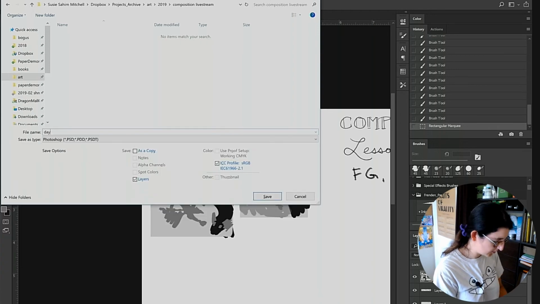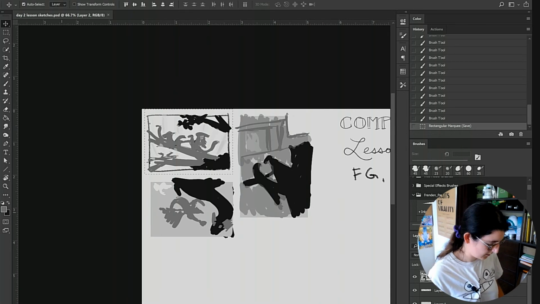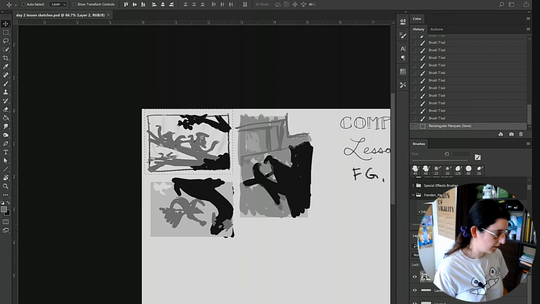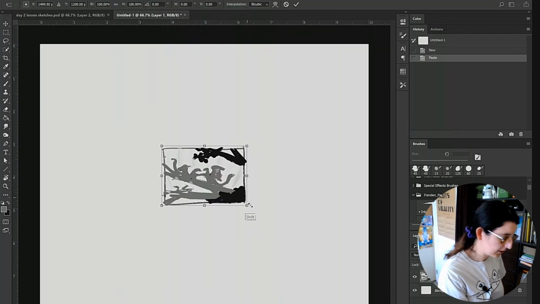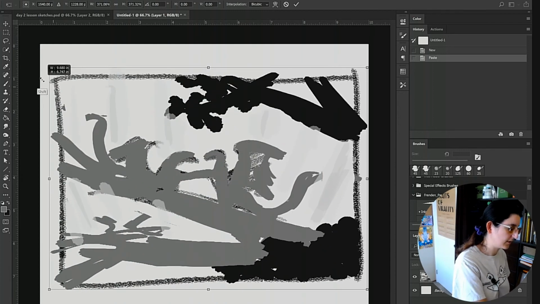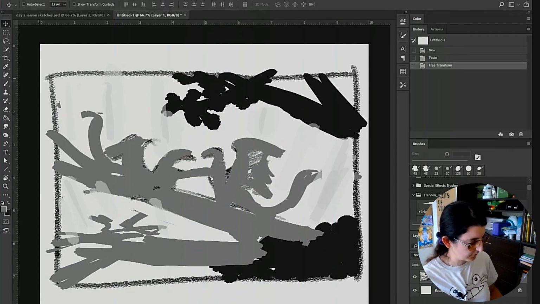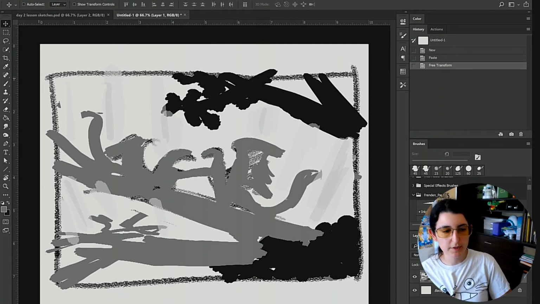Day 2. Some sketches. Okay. And let's start a new file. What we're going to do is, and this is really common for my illustration process, I start with really ugly, rough thumbnails like this, and I do these thumbnails and I'm kind of explaining, repeating myself a bit here, but